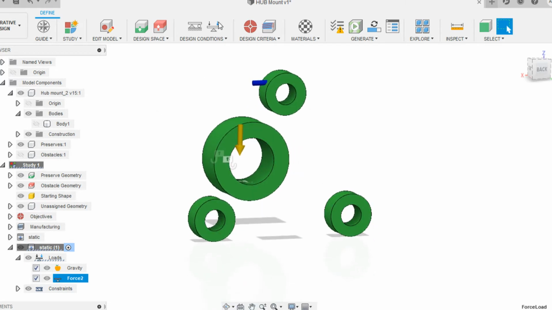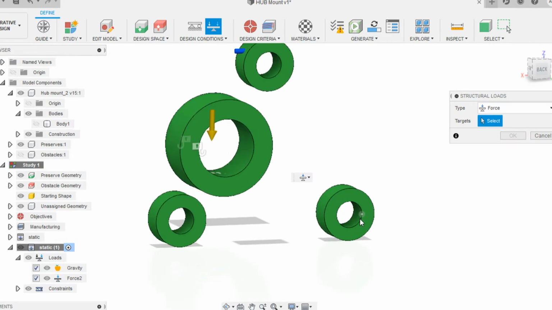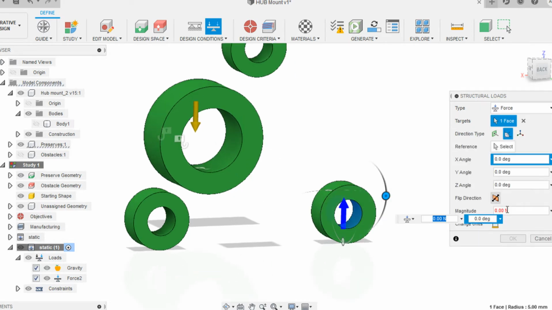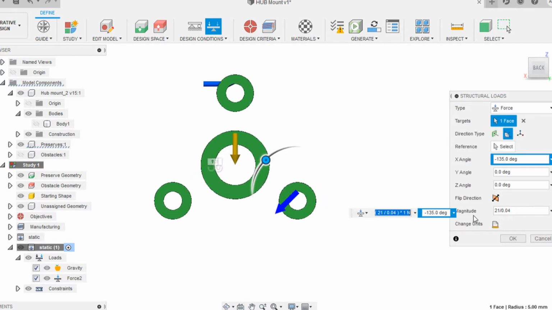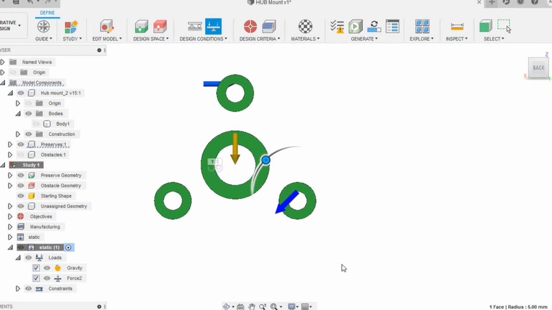Similarly, we have to do this same step for these two phases. Click on structural loads, select this phase, and the force will be 21 by 0.04. And I'm going to change the direction of the force. Make sure that you orient it in the correct direction. Let the angle be 135 degrees. Then I'm going to click OK.